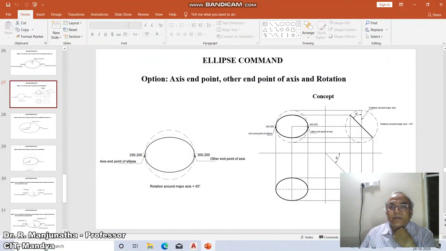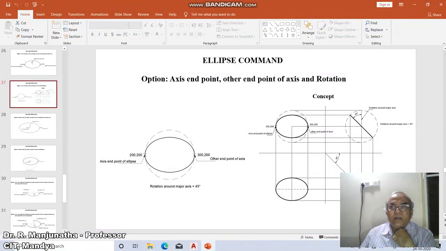So that you cannot see from the front view. That is, in the vertical plane, it is not possible to see. But only in the side view, you will be able to see that angle. So once you see that particular angle, and then when it is projected to the front plane, you are going to get these two. So this is going to become the major axis, and this in the vertical direction becomes the minor axis. So that is the reason why it is going to draw an ellipse.